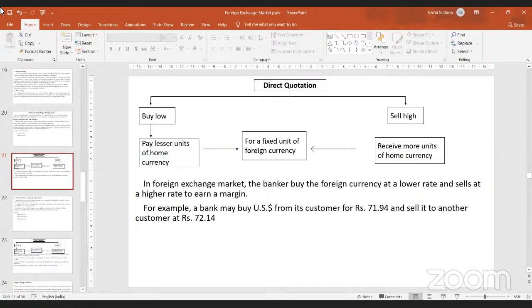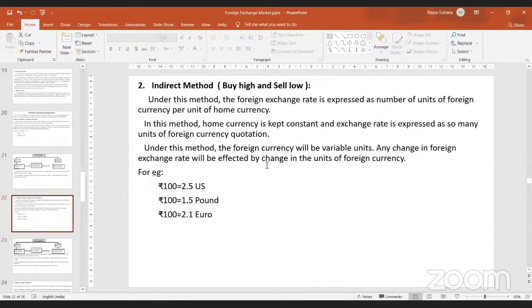And in case I want to reverse it, that means I have dollars with me and I want to sell those dollars in the market, then it is better that I sell today because today's rate is higher when compared to tomorrow's rate. So I'll have to take a decision based upon direct quotation. I hope you are able to follow this: based upon the quotation in the market, I will choose to buy or sell money in the foreign exchange market. That is the first one, direct quotation.